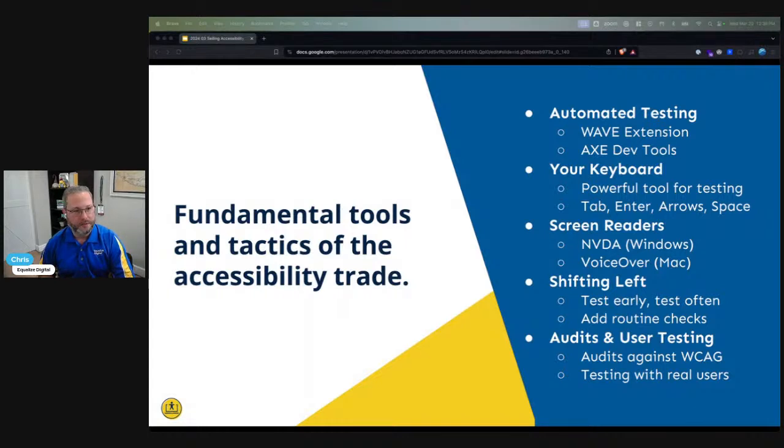Just go to your own website, or if you want to see an example of really good keyboard navigation, go to something like whitehouse.gov or equalizedigital.com, because we obviously put a lot of work into accessibility on our own website. But just go there and start hitting the tab key on your keyboard.